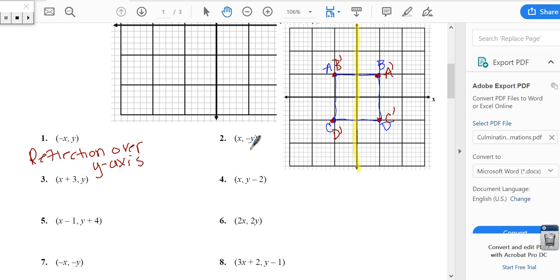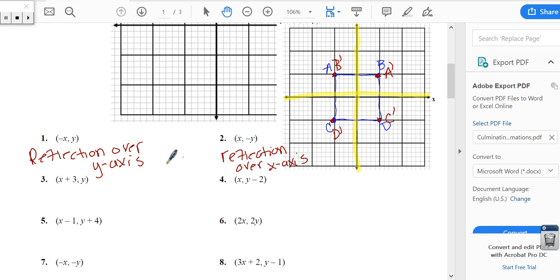Okay, and it's the same logic here. If you go through and do the same thing, this time we would flip over the x-axis. If I flip over the x-axis, the y value changes and the x stays the same. The y value takes its opposite. So this is a reflection, and you can always graph your pre-image and just do what it says. Reflection over the